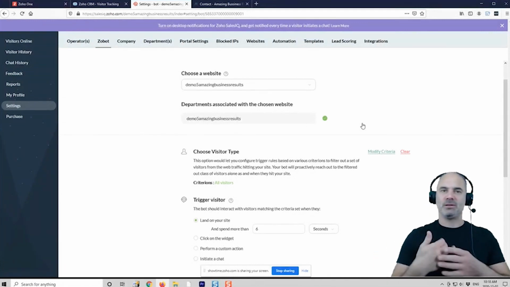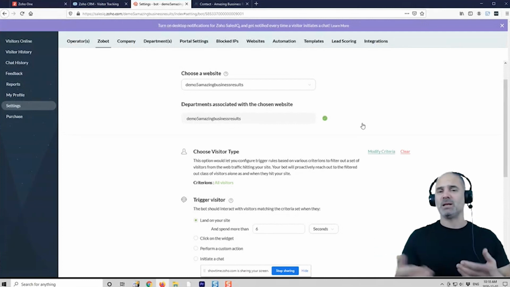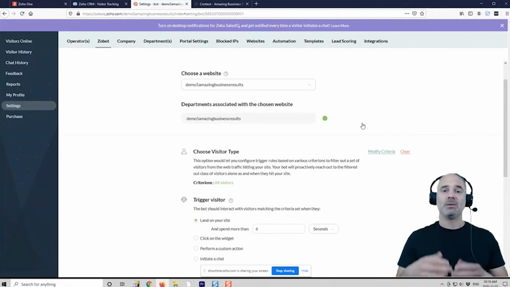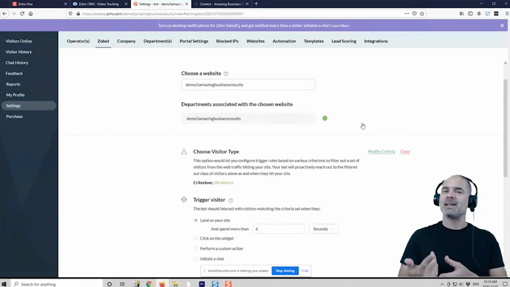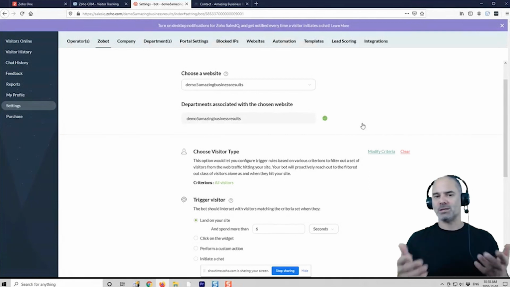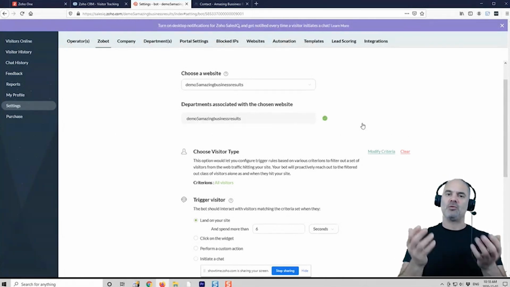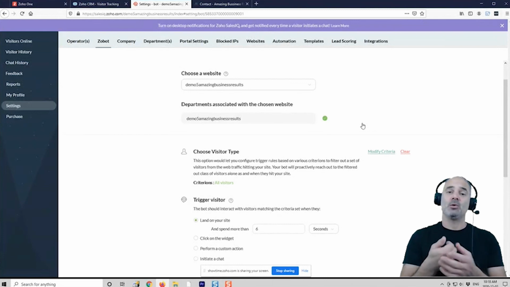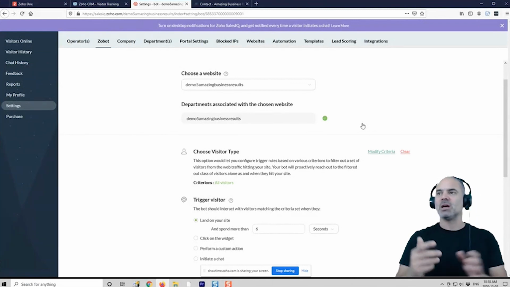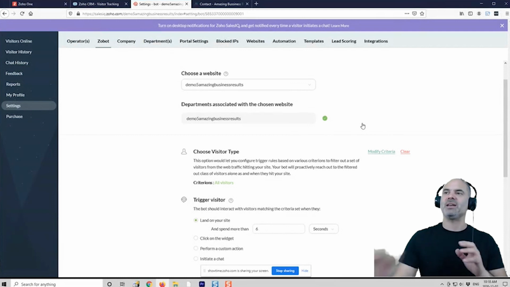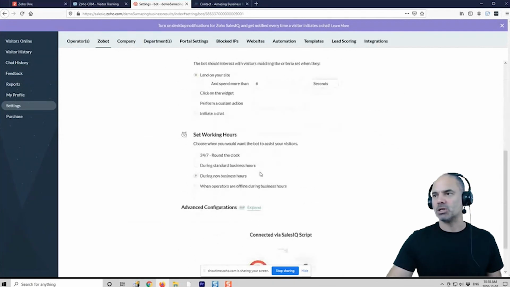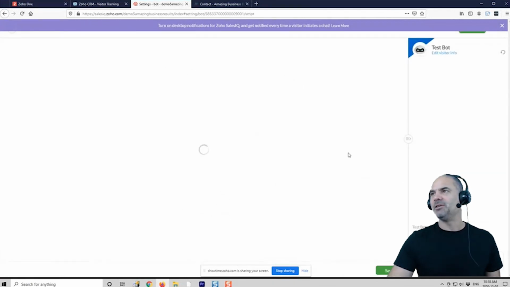For example, do you need help with support or sales? Support, no problem. Do you have an existing ticket number or would you like to create a new one? I'd like to check my existing number. So you just click, what is your ticket number? You enter the ticket. It shows you the results of the ticket, who is dealing with it, what the status is. So those kinds of things can be done using the bots, which are very, very cool.